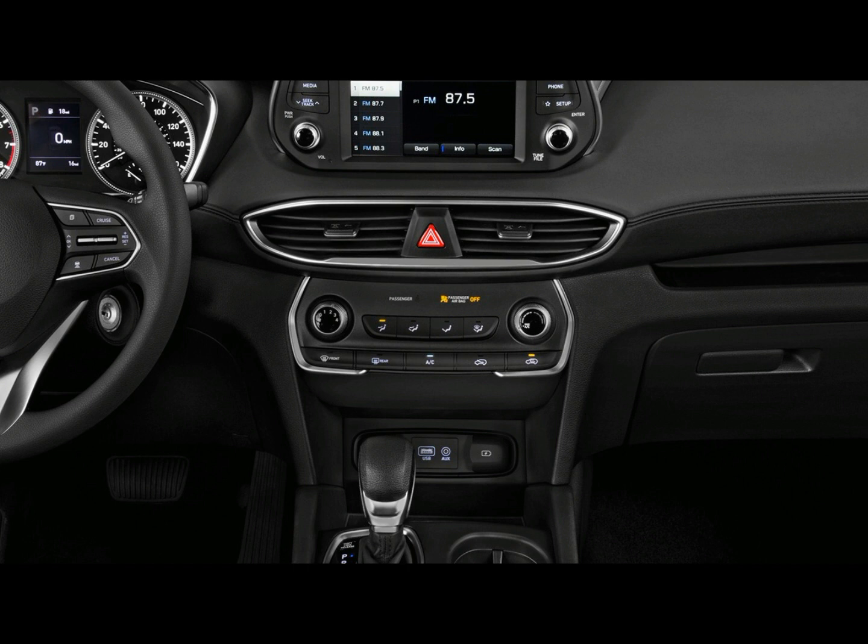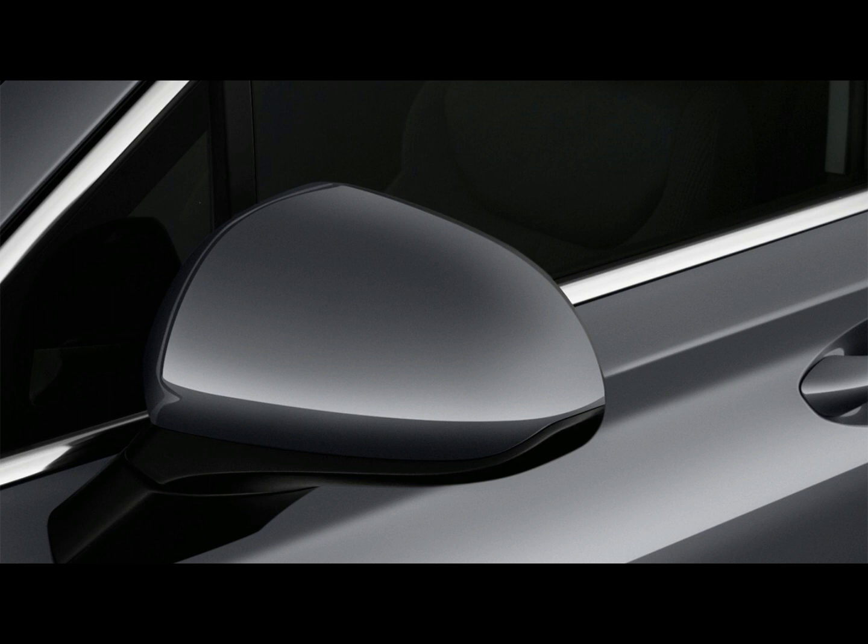Discretionary additional items for the Santa Fe incorporate a rear passenger alert, a surround-camera framework, parking sensors, and LED headlights. Hyundai doesn't offer